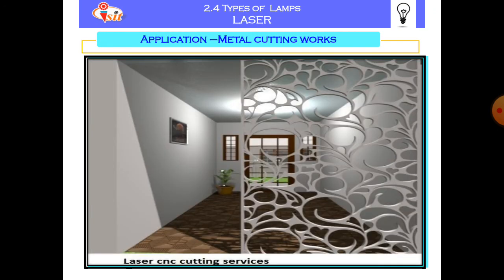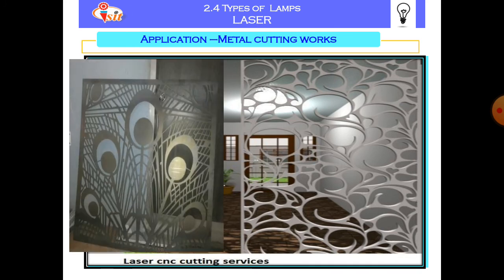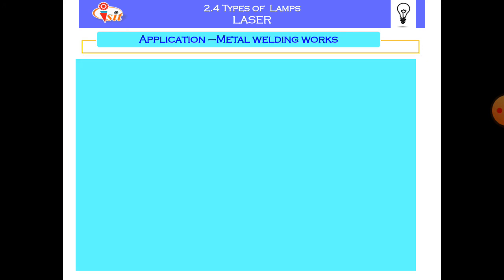The next, this is how the metals are being cut by the lasers, and we get various fantastic shaped metals which are used for further applications. Another photo shows designed metals of various shapes being cut by the laser.